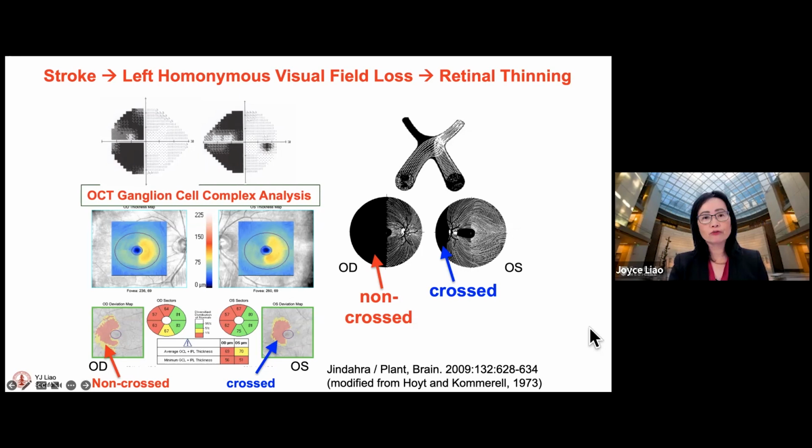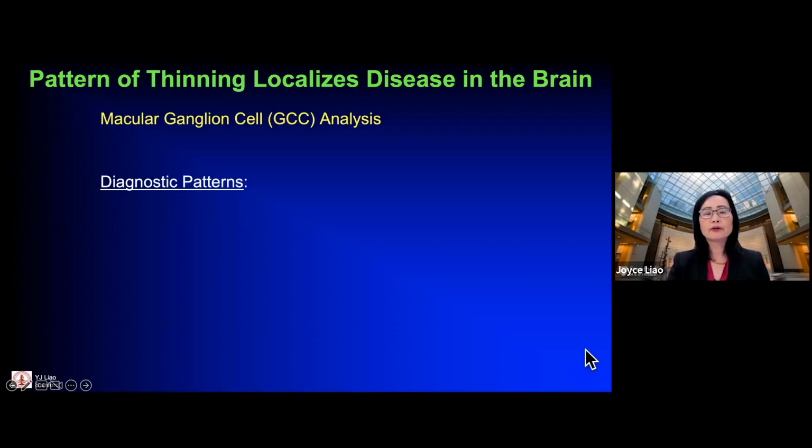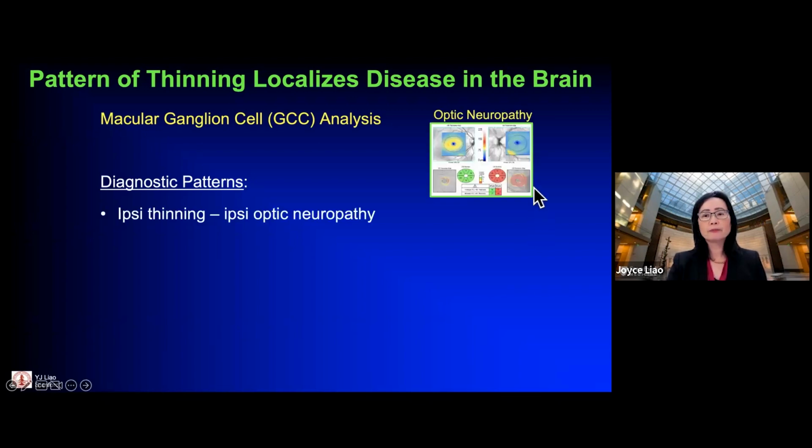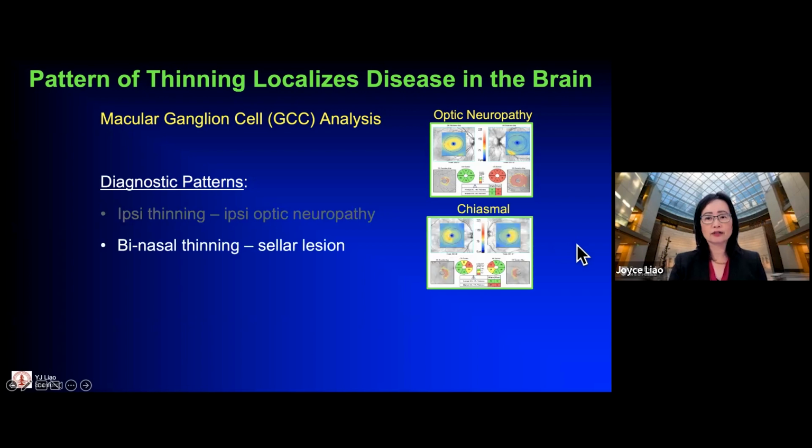Because, as I mentioned before, the visual eye-brain pathway is incredibly connected. And so vision loss can lead to degeneration of that visual pathway in a way that can be measured and quantified. The pattern, in fact, of this retrograde degeneration can indicate the location of disease. Specifically, if an optic nerve disease leads to a unilateral thinning of the eye in the eye that has lost vision,